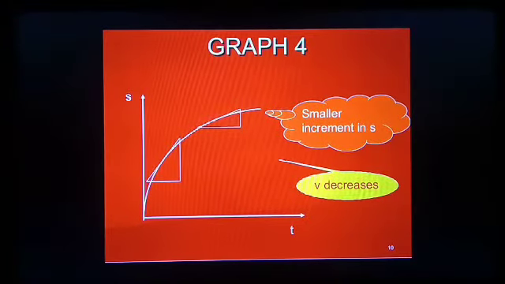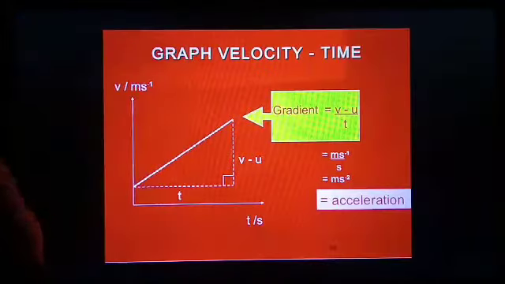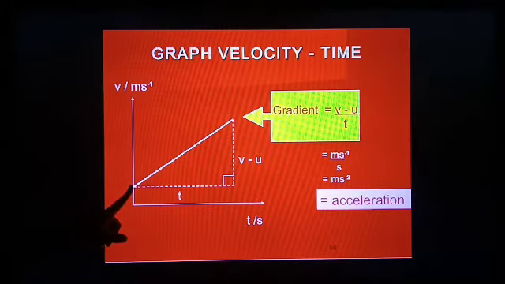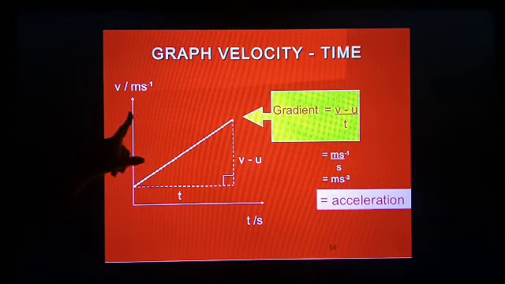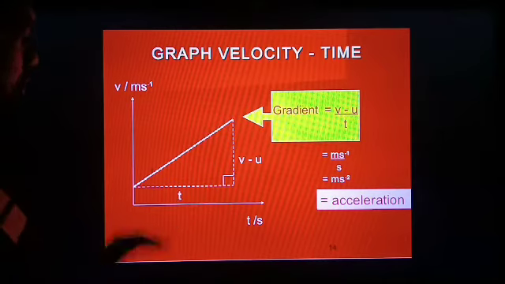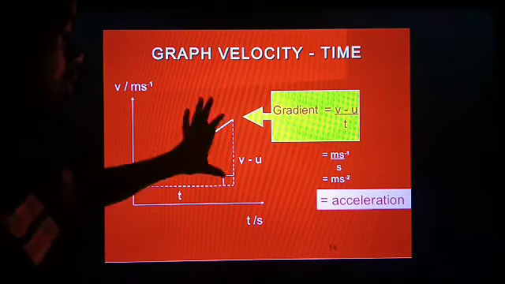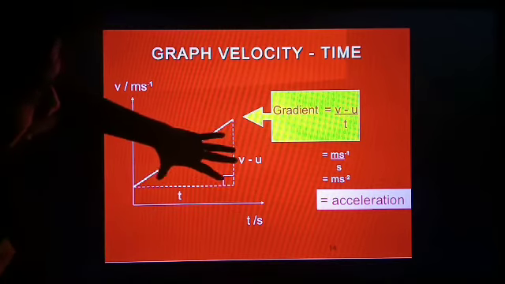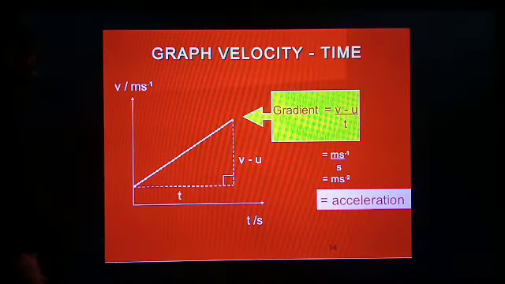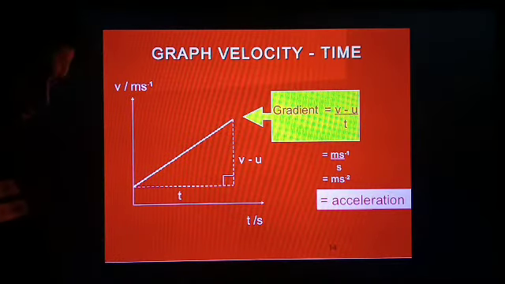Now we will see VT graph or velocity time graph. Let's take an example. Suppose that the velocity of the body is taken on y-axis and the time is taken on x-axis. Initially the velocity of the body was u, and at final position the velocity of the body reached v. So this part is equal to v minus u in time t. So the acceleration of the body is equal to slope of the line, that is perpendicular upon base. So perpendicular is v minus u, base is t. So the gradient of VT graph tells acceleration of the body.